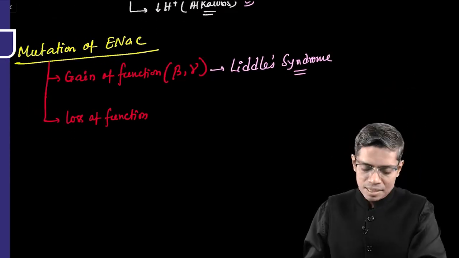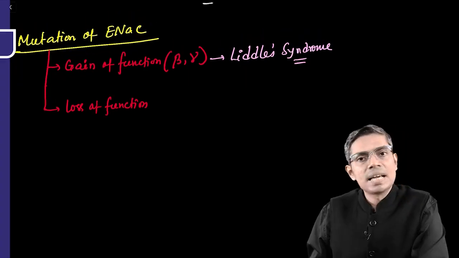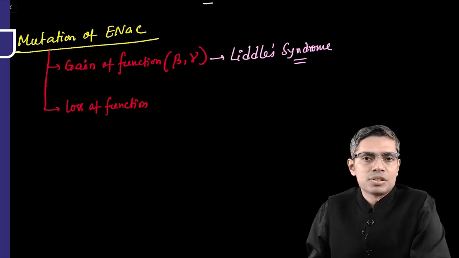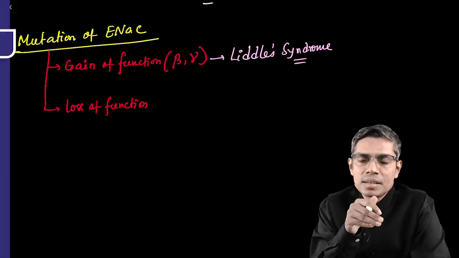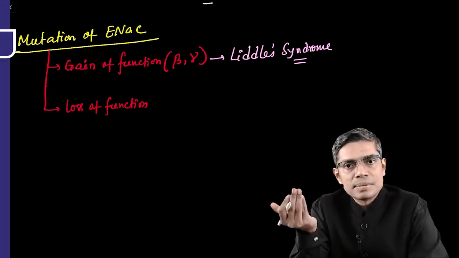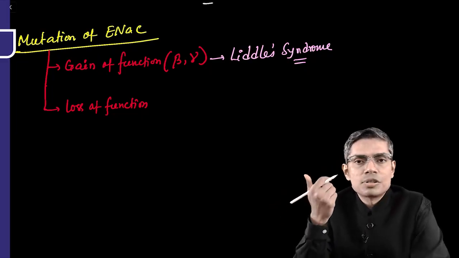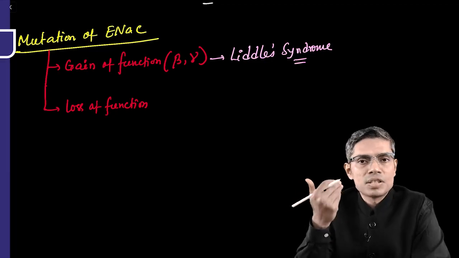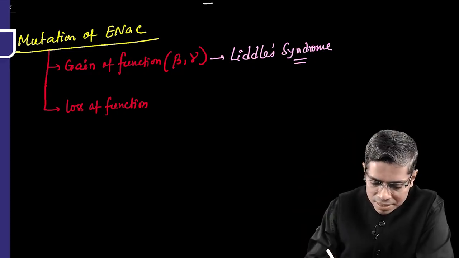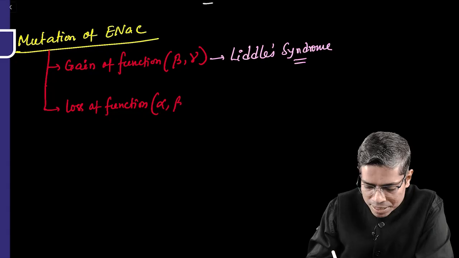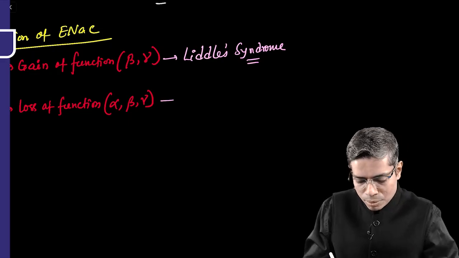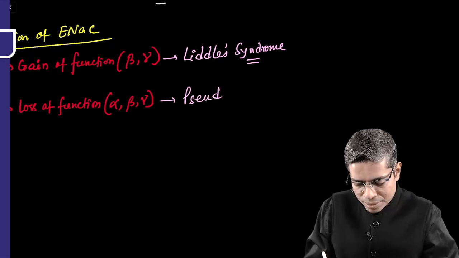Now, whenever there is loss of function of the ENaC channel, the aldosterone hormone is not going to function, because the main target of aldosterone stimulation is the ENaC channel. So here, although your aldosterone level is normal, the aldosterone will still not be able to function. So it's a pseudo hypoaldosteronemia. Which subunit is getting mutated in this condition? Here alpha, beta, gamma, all subunits will be mutated, and this disease will be known as pseudo